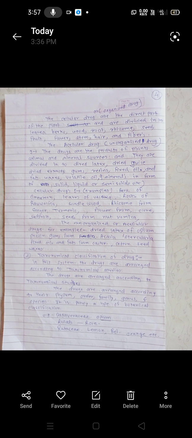The next one, taxonomical classification of the drugs. In this system, the drugs are arranged according to taxonomical studies, that is, according to their phylum, order, family, genus, and species. It is purely a type of botanical classification. For example, Papaver, opium; the order is Rosales, Rose is a genus; Rutaceae is a family, which includes the lemon, orange, etc. In this way, next